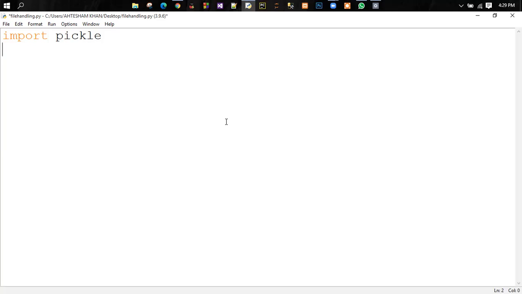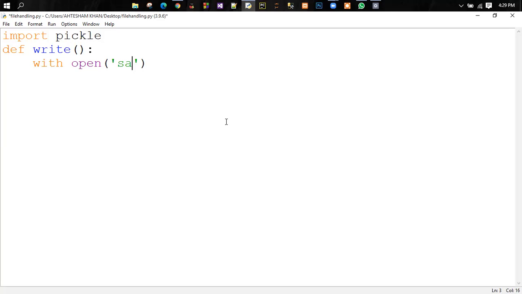By using this pickle module, just write a function for writing a binary file. Just use a function, right? And with the same syntax,